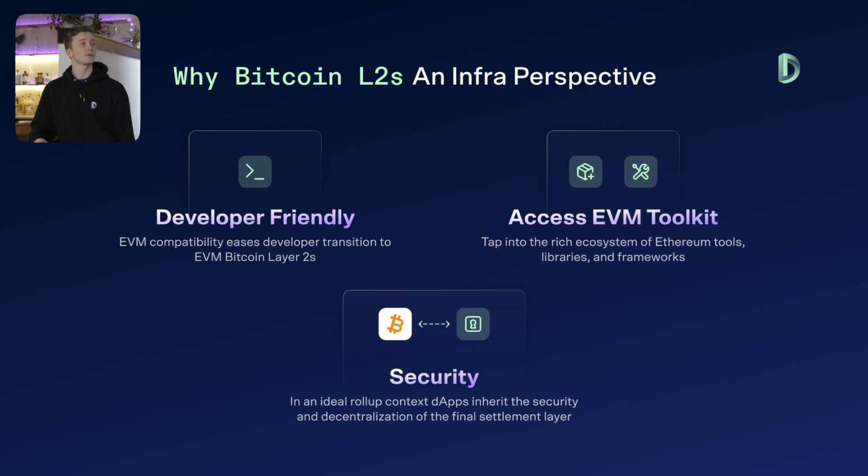And then the last point here is security. And I'll reference Alexi's points here, founder of BOB, who talks about the differences in ZK L2s and optimistic L2s, and where we're at right now with these ZK optimistic L2s. It's still very early in this Bitcoin L2 space, but under the ideal framework and eventually, ideally, these rollups will be able to inherit the underlying security of Bitcoin.